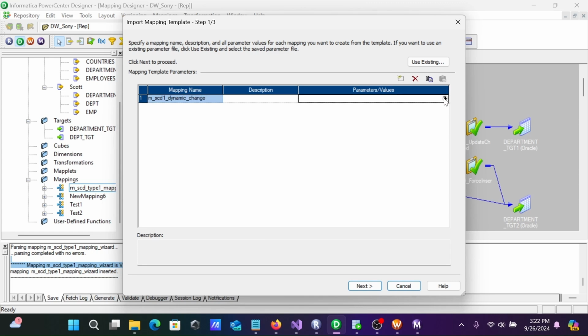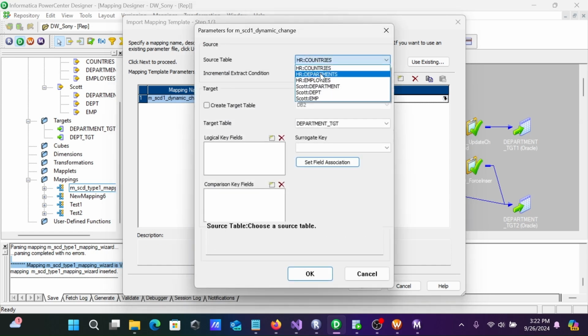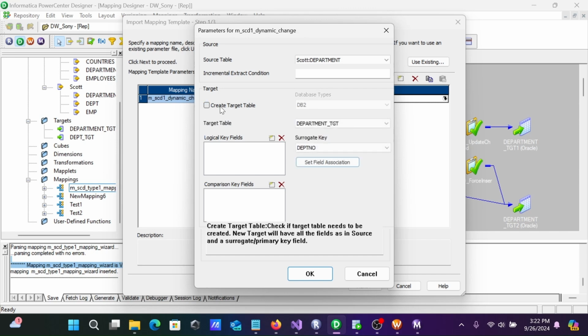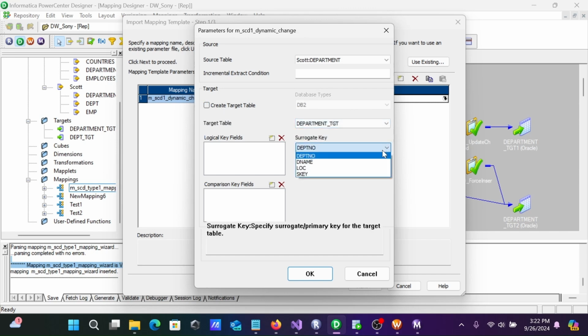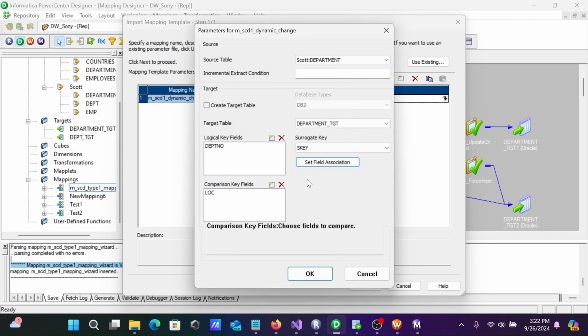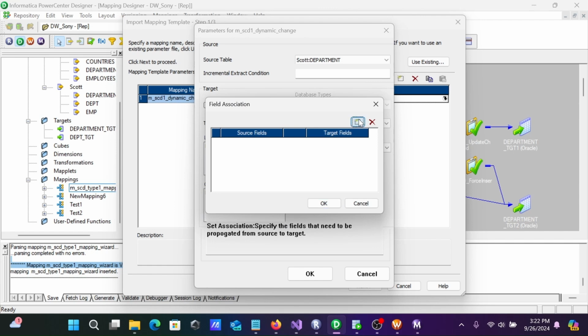Then after that, let's go to the parameter. Here you need to select the tables. I'm going to select the department, and the surrogate key is not coming there. Let's select this, uncheck, and select departments again, and it comes there. Let's select here the S key and logical key. The logical key is for DPT number, and since we are doing the changes on location, that comparison is selected. Select the field association by adding the fields. DPT number goes for DPT number, DName goes for DName, and location goes for location,